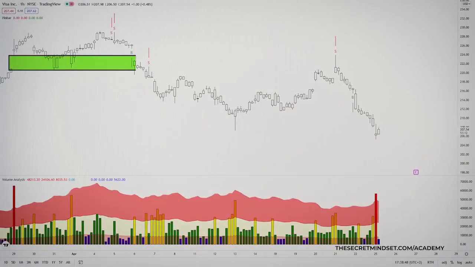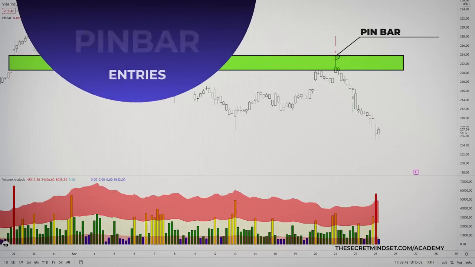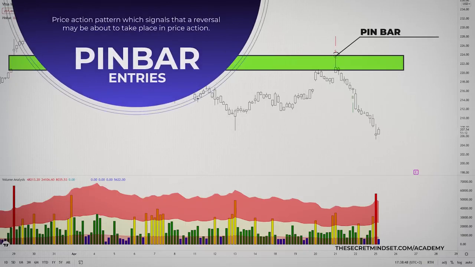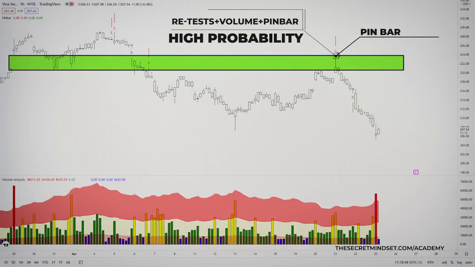The pin bar is one of the most powerful and reliable price action trading signals during retests, and the signal I rely on the most in my trading. A pin bar is a price action pattern which signals that a reversal may be about to take place in the price action. Trading pin bar signals with support and resistance and volume confirmation is perhaps one of the most